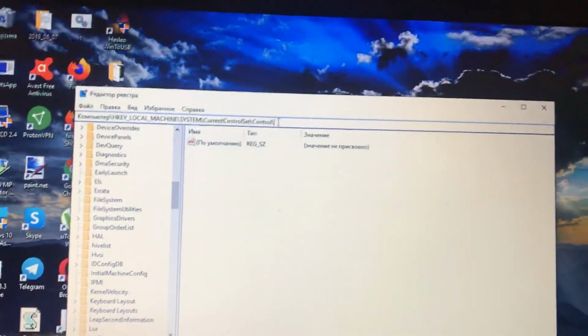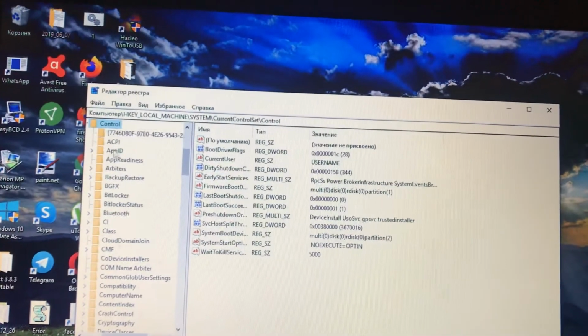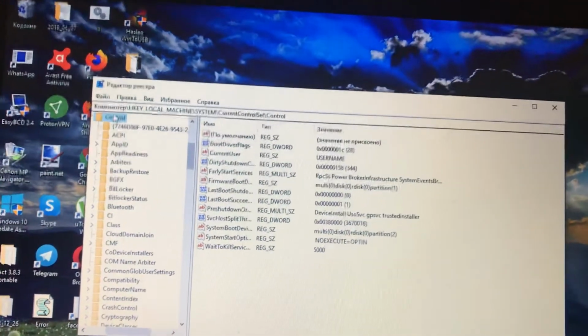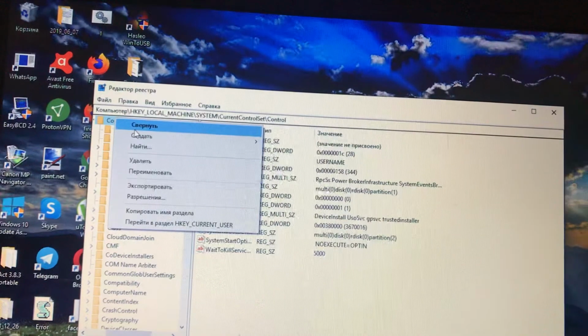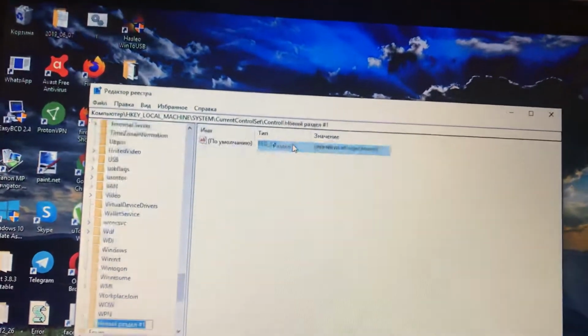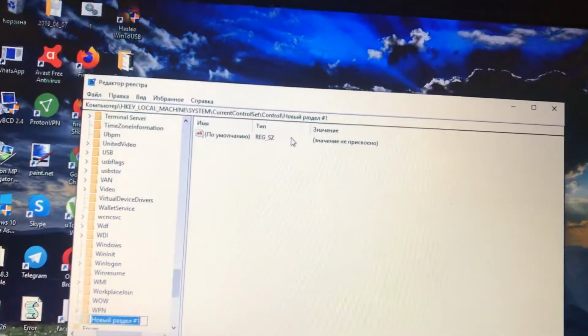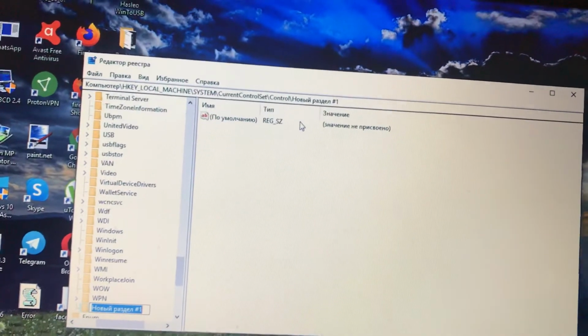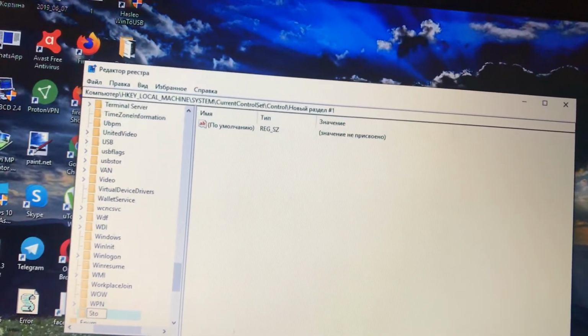You can see our Control folder here. So just right click on it and choose New, and choose Key, new key. So just write the name of the folder: Storage